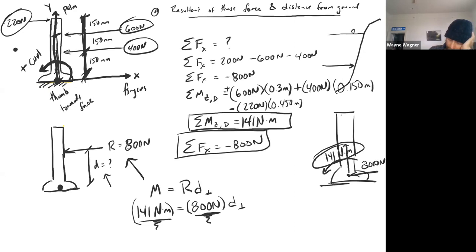Hopefully that's making sense. So if I do D perpendicular, I can just divide 141 by 800. Okay, so that's just the algebra. And notice that based on units, these newtons will cancel and I'll be left with meters. So I'll get 0.17625 meters, or probably, since I want you to report 3 significant digits,